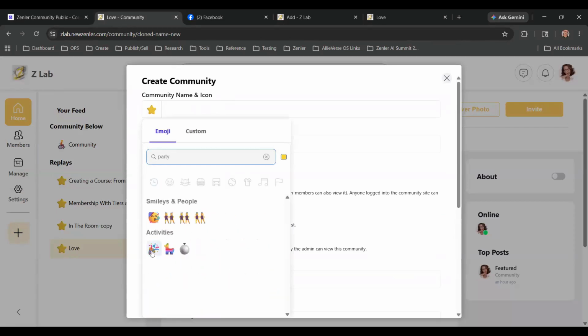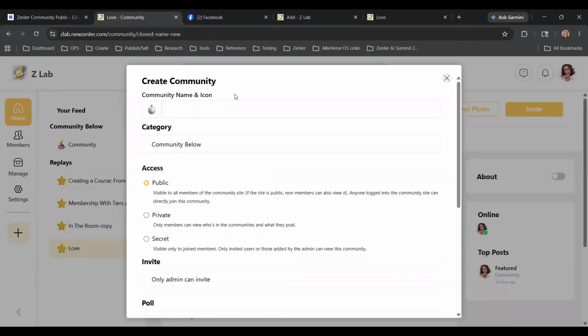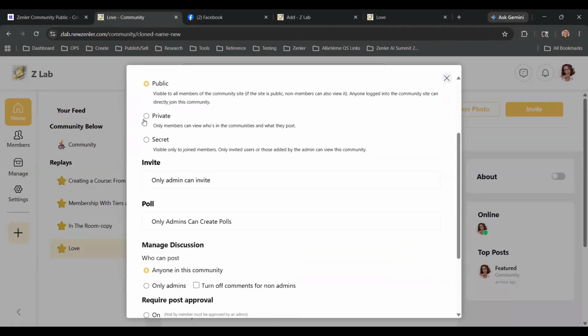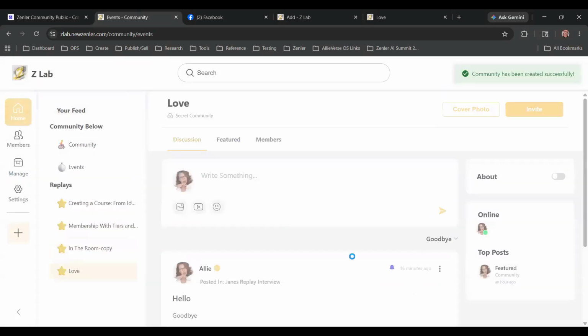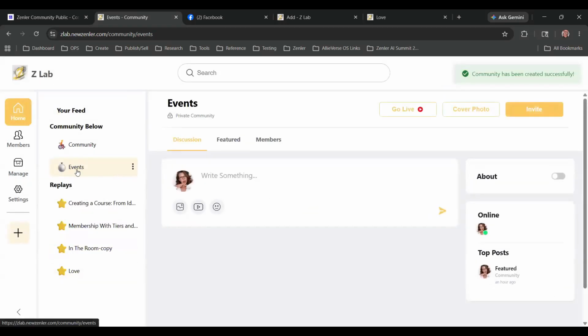There we go. Oh, disco ball, I like that. Events, right? If it's a private community, it's private for the people that are just coming in through that course because they're going to be assigned that. And then continue, right?